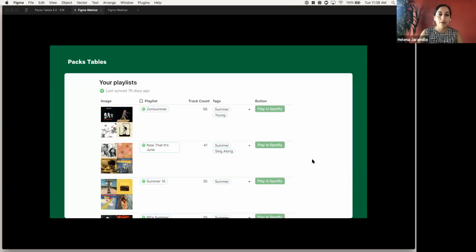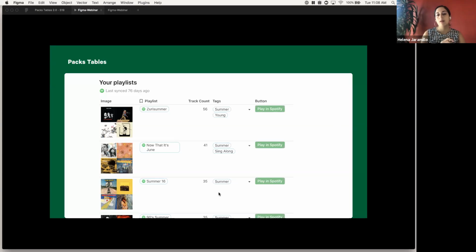The feature we were building, Packs Tables, is a feature that lets you pull in data from apps like Spotify, Google Calendar, Gmail directly into a Coda doc. So this is a Coda doc here, and what you're seeing is a table full of my playlists from Spotify. You connect an account and then you pull in data from there.